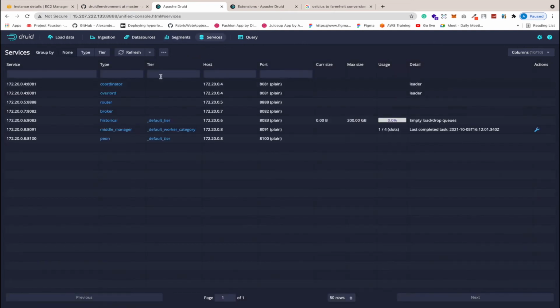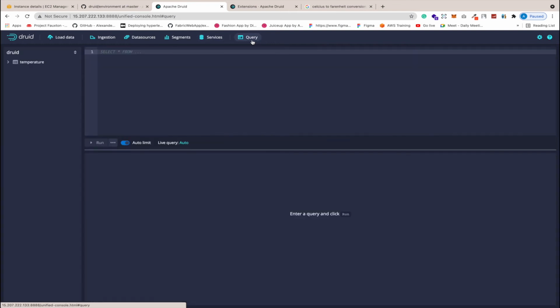and then I can go to the services. So services has nothing to do with this. This is basically the Druid services that are up and there in the system. So we have this peon service, coordinator, router service, all these services are there. And then this is the query tab. So if I go to this query tab, we should be seeing that our